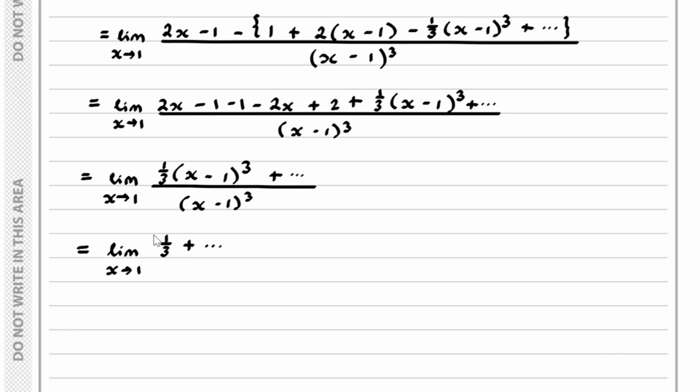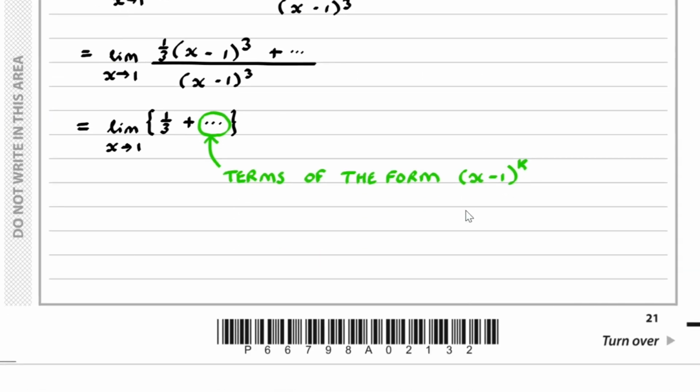And the reason we need to include the higher order terms is because we're still taking the limit. So here we've got terms of the form (x minus 1) to the power of k, which we didn't include. So here this limit will end up equaling 1/3, because if I substitute 1 into here, the rest of the